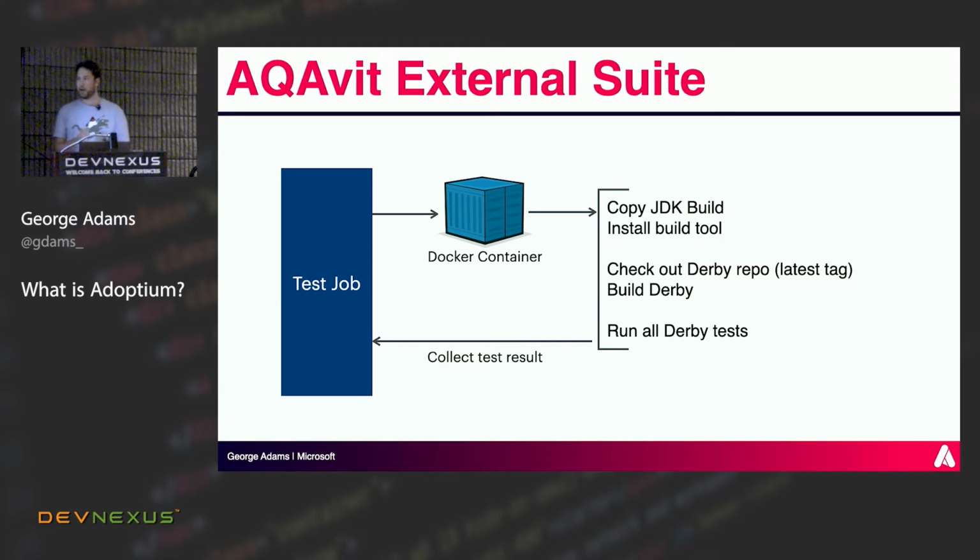And this is a really great way of actually verifying before we ship that our JVM is completely compatible with all of the applications and frameworks that our customers are essentially relying on. And as far as I'm aware, we are unique in doing this. I don't believe that any other vendor directly does this. So it's a really good way of testing stability of builds before we actually publish, which is great.